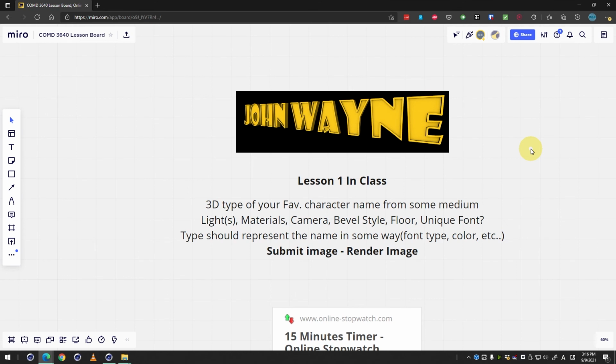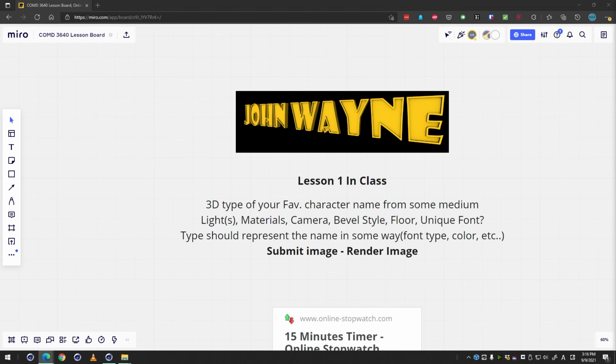So using a favorite character from any medium. So if you have put a name in the chat and you want to use that name, that's totally cool. Or if you want to think up a new name, that's totally fine as well. But basically, I just want you to create a scene using type, having some materials, cameras, a bevel style as I've shown,